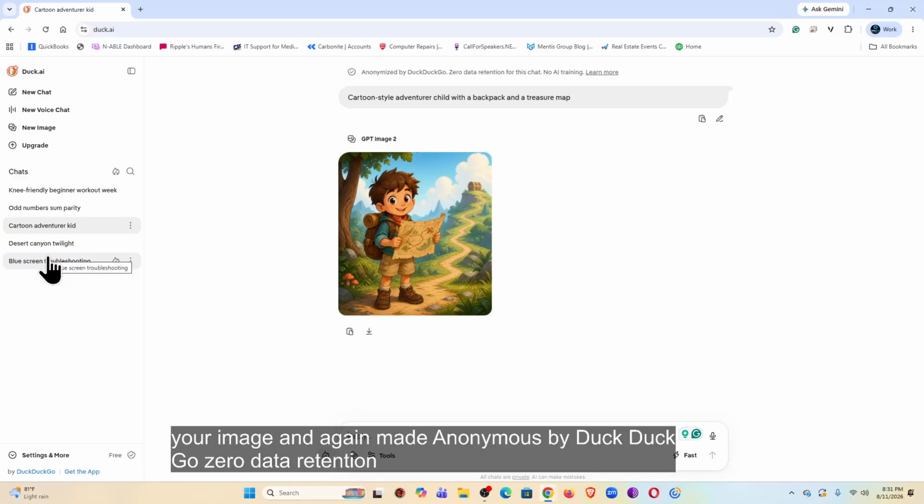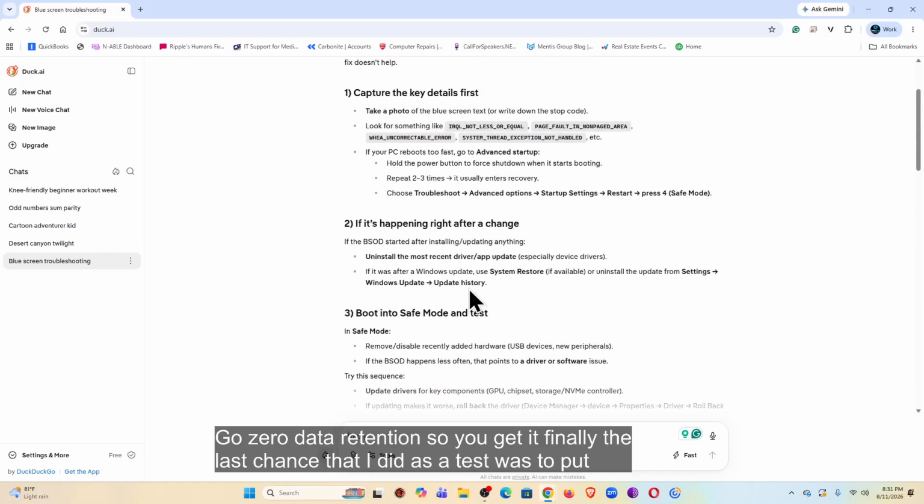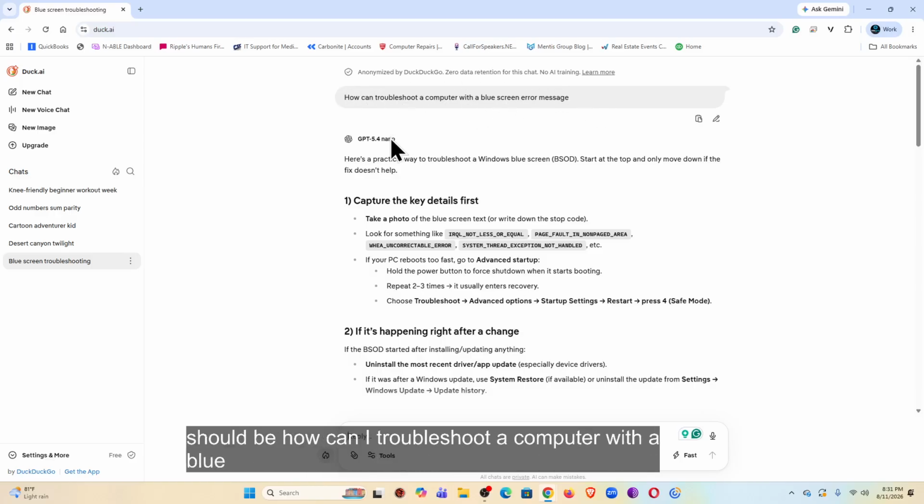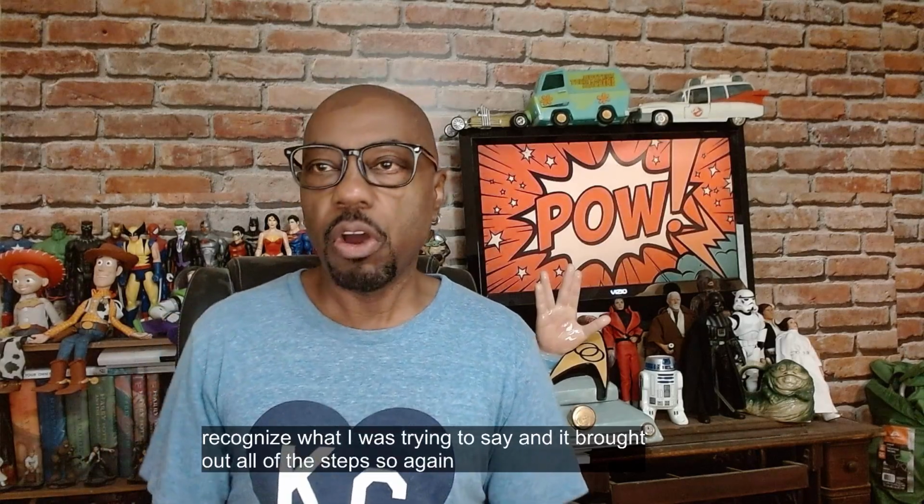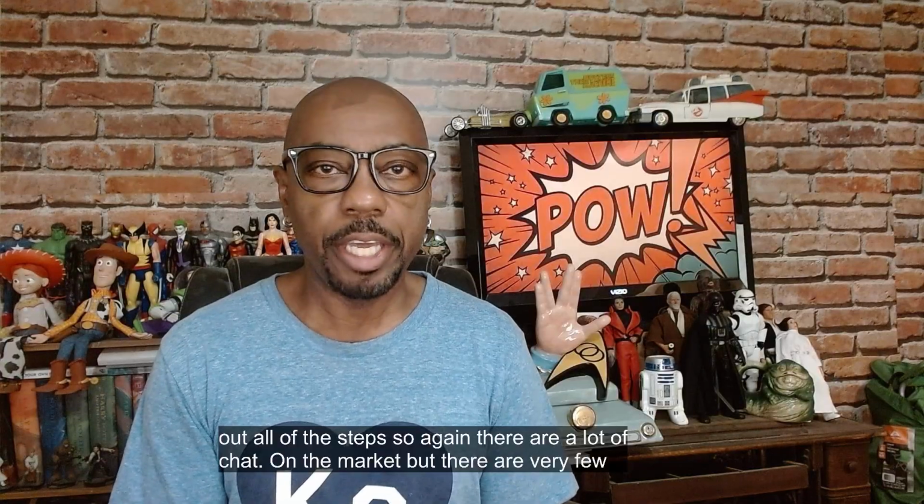So you get it. Finally, the last chat that I did as a test was to put in the prompt, we can scroll up to the top, how can I troubleshoot a computer with a blue screen message? Obviously ChatGPT 5.4 nano recognized what I was trying to say, and it brought out all of the steps. So again, there are a lot of chatbots on the market, but there are very few that take privacy